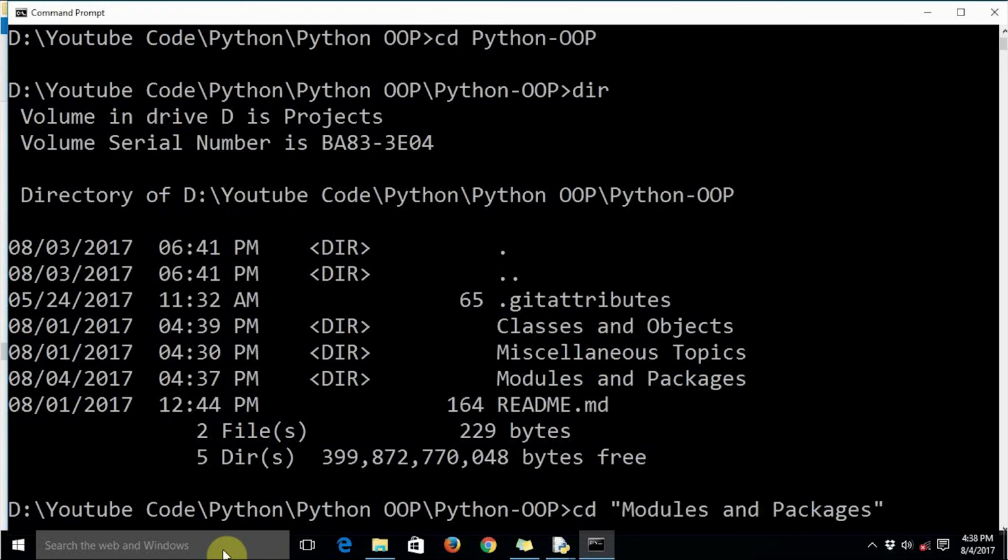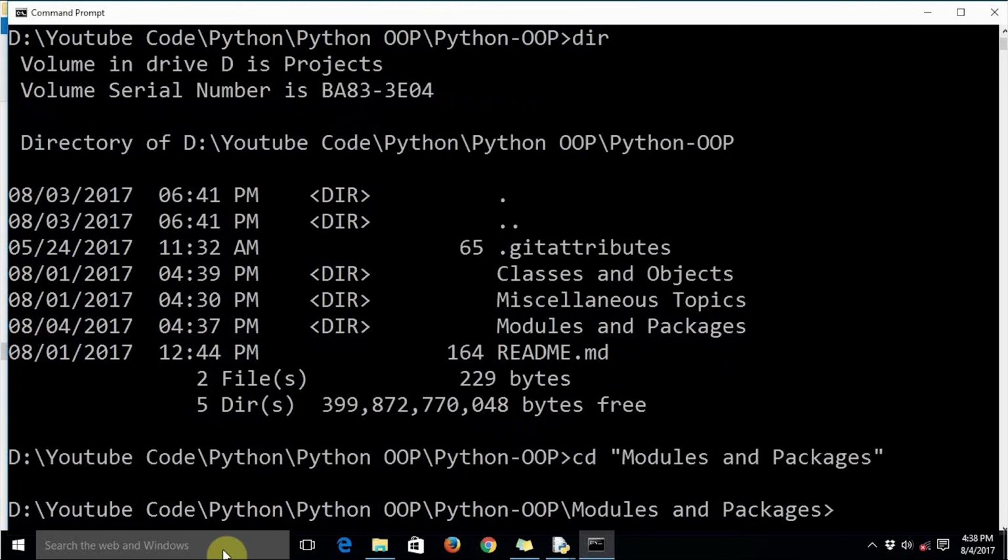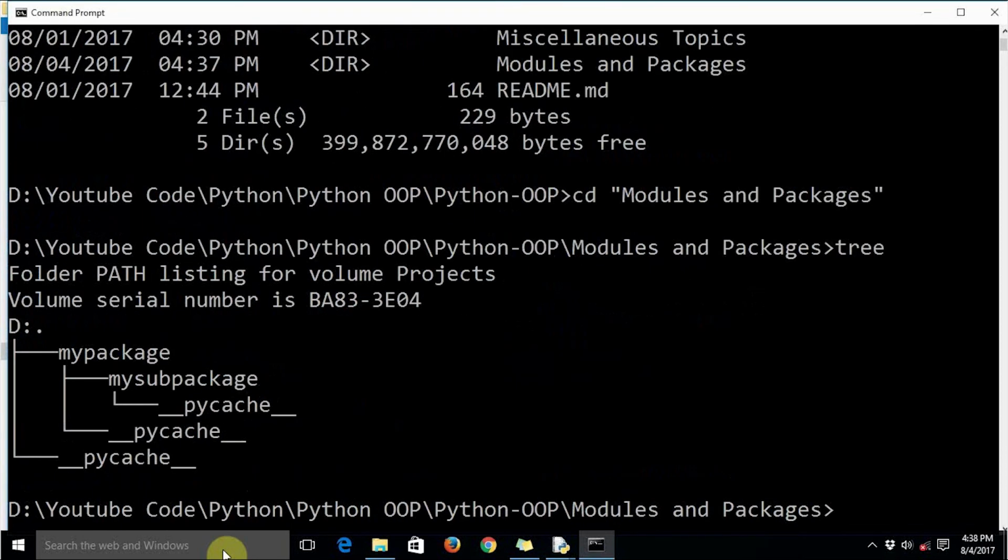We have our programs saved in modules and packages, and we just say the command tree. Now here we can see my package and my sub package. These __pycache__ directories are automatically created by the Python interpreter when we execute the code, so do not worry about these directories.